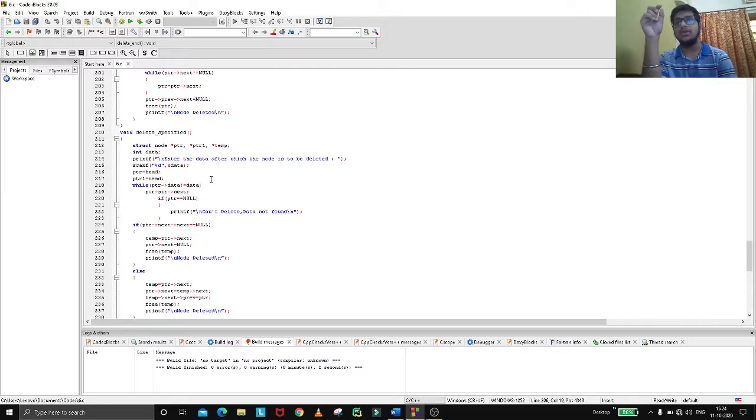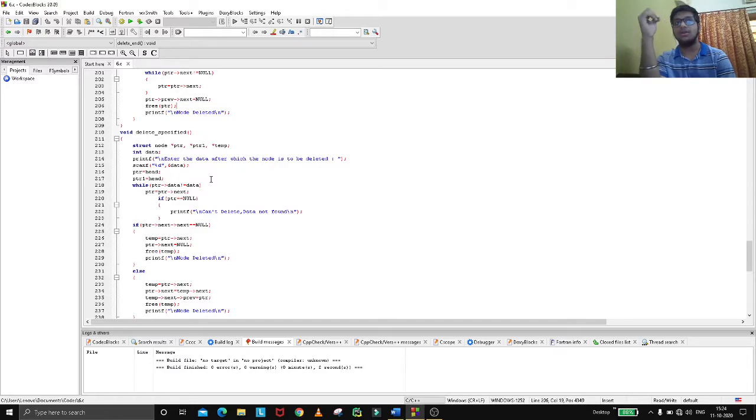So if I want to delete 15, I have 20, 15 and 5. After 20 there is 15 coming. So what you have to do, you need to give 20 as the answer, so that 15 will be deleted.